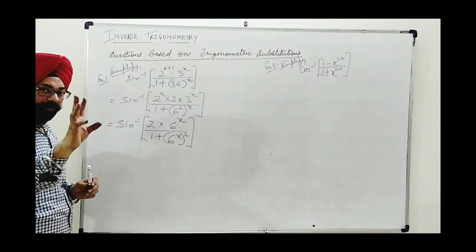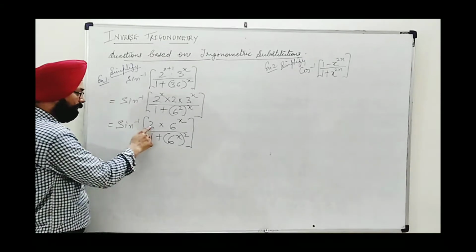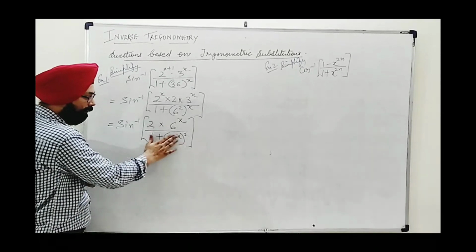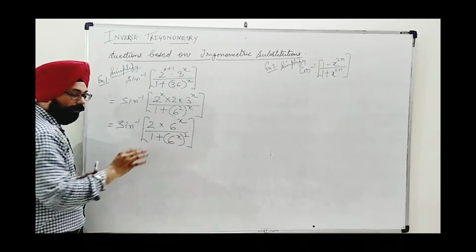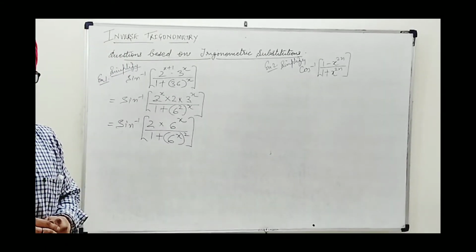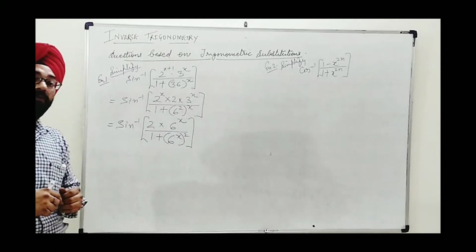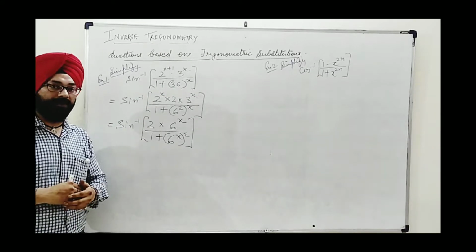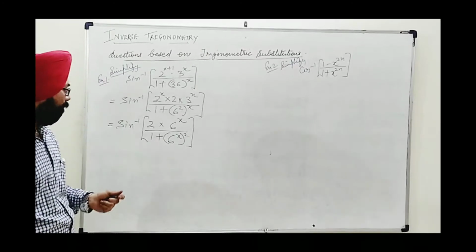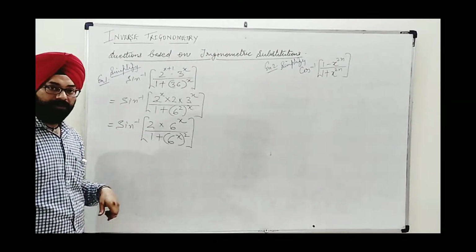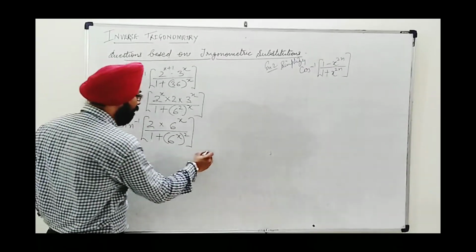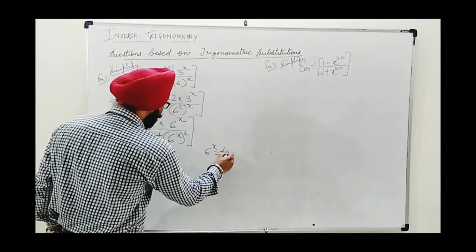Okay, now there is the repetition of variable x. Twice of 6 raised to the power x upon 1 plus 6 raised to the power x square means whatever is now to be substituted is 6 raised to the power x only. In that case, we need to see the identity of trigonometry, which identity resembles such a pattern. If you are perfect, then in my opinion so far you might have got it. Which function should be taken as 6 raised to the power x? We will take 6 raised to the power x as tan theta.